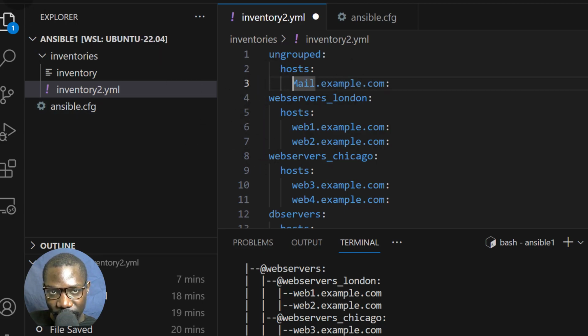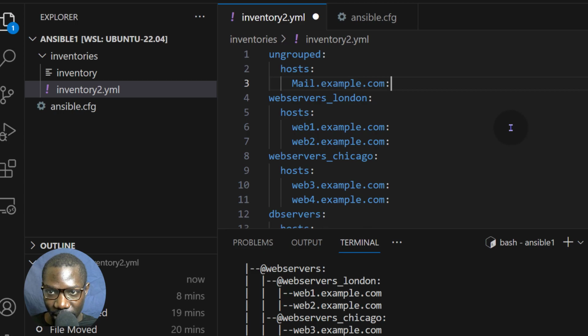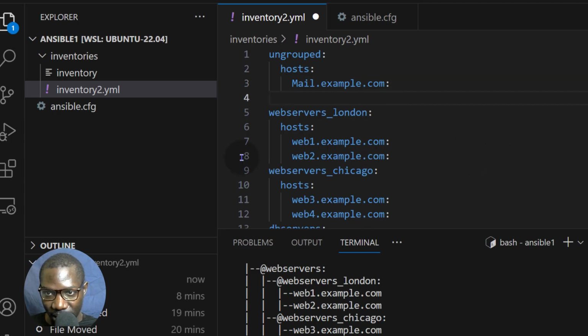Even by default, VS Code will usually give it 2. So even if I was to press tab, it will give me 2 spaces. If I go enter, it will take me there, but let's just go there. If I press tab, it will give me 2 by default if I'm working with YAML. If you're working with something else, then it will not give you 2. But by default, if you're working with YAML, it's going to give you 2. And spaces are really not that important. It can actually help you. It can actually help with legibility.